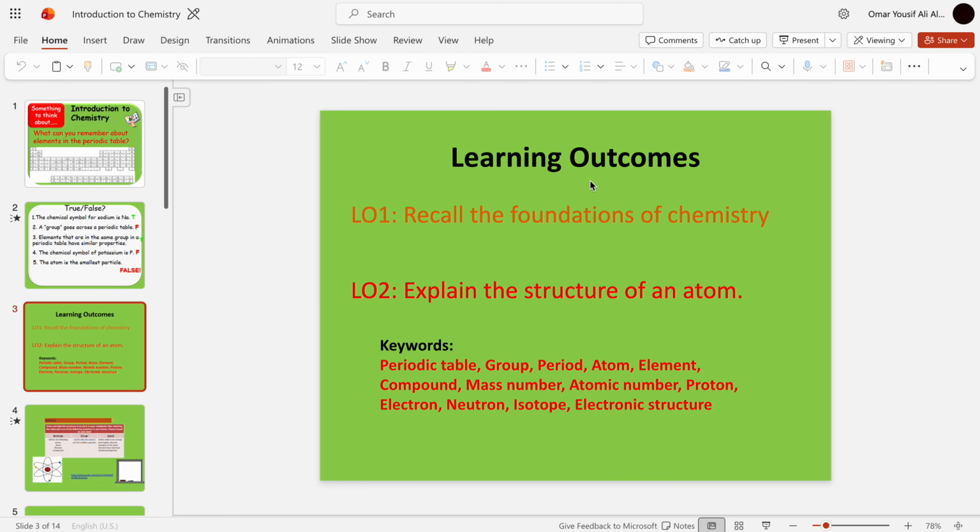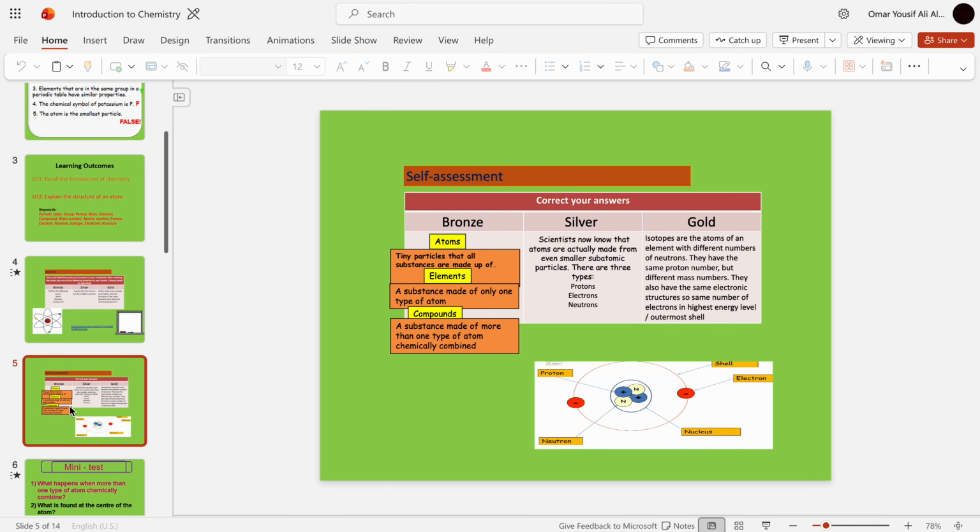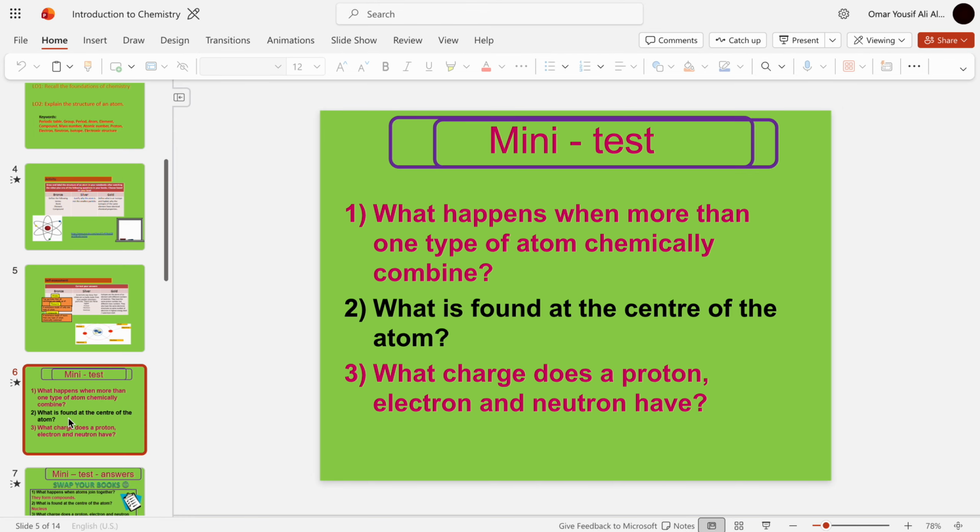Okay, these are learning outcomes. These are the keywords: periodic table, group, period, atom, element, compound, mass number, atomic number, proton, electron, neutron, all that. So there's just a quick activity we'll be doing later. First, I just want to introduce you guys to